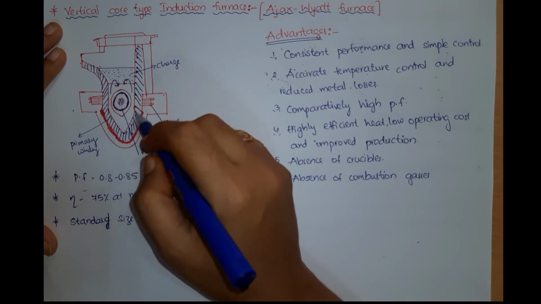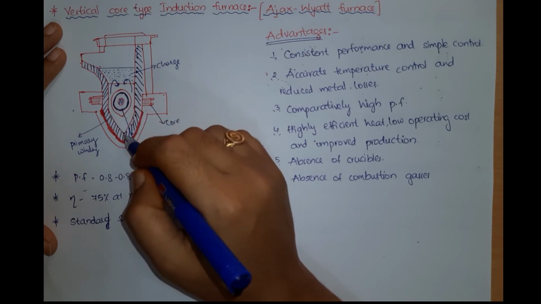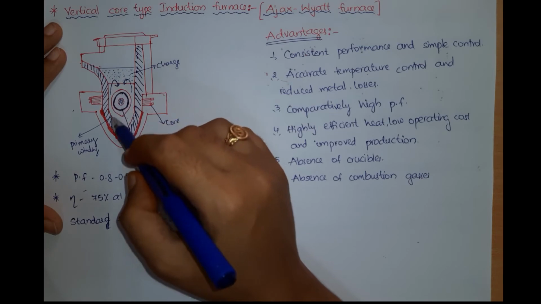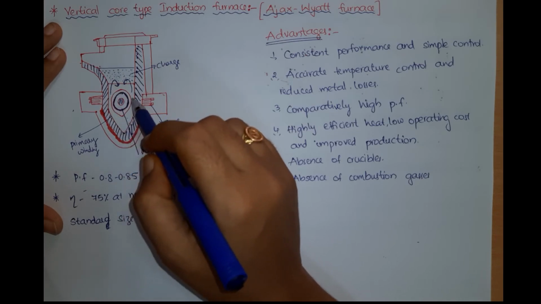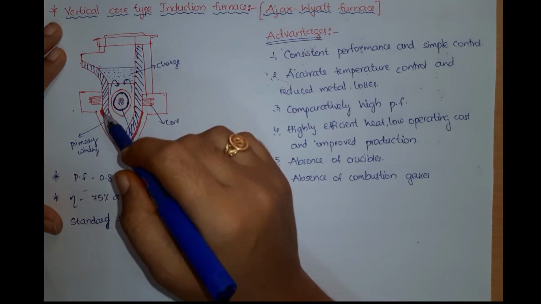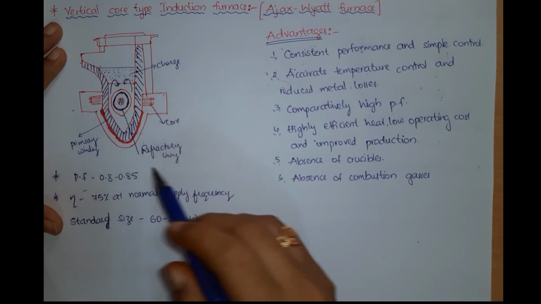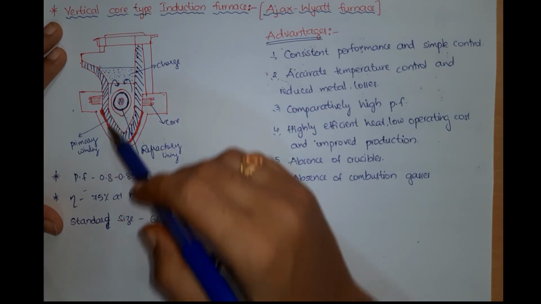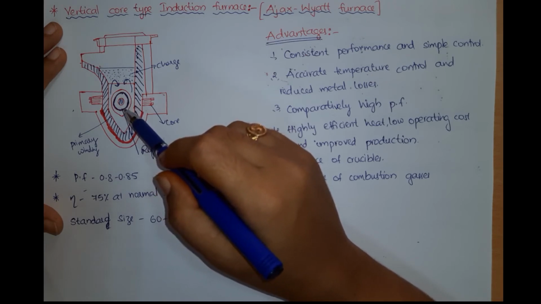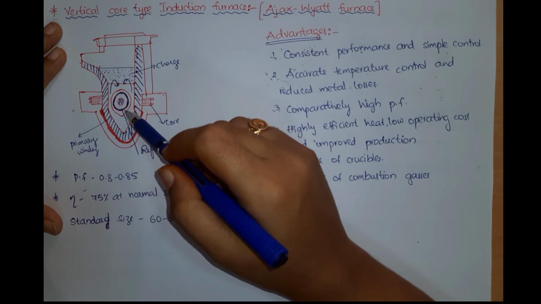The output of this furnace depends upon the form and dimension of the channel. So according to the dimension, the output depends, right? Not only V shape, there are different shapes employed, like U shape, rectangular shape and so on. Nowadays improvements are being made according to the advantages, right? The tendency of the secondary circuit to rupture due to pinch effect is counteracted by the weight of the charge in the crucible, right?